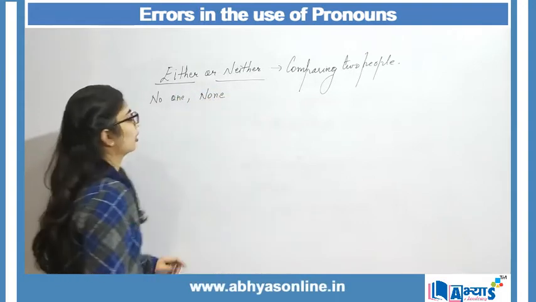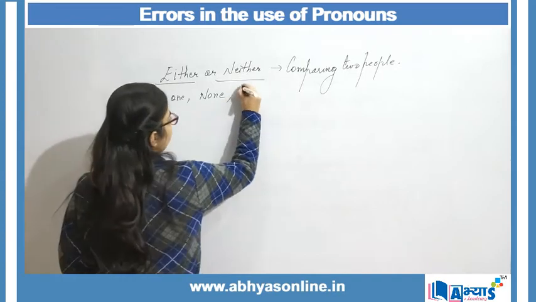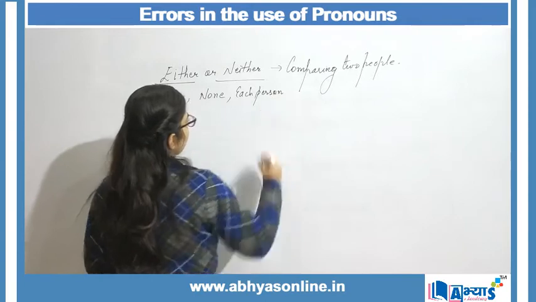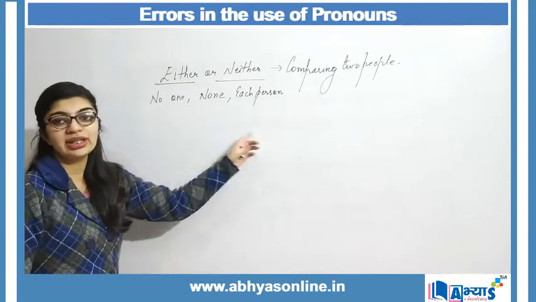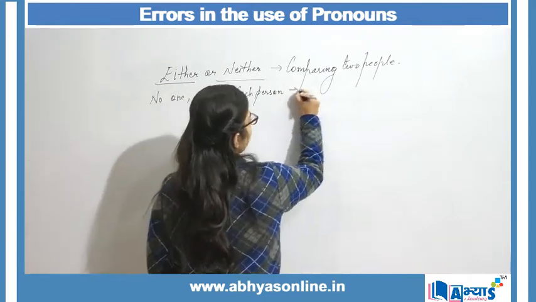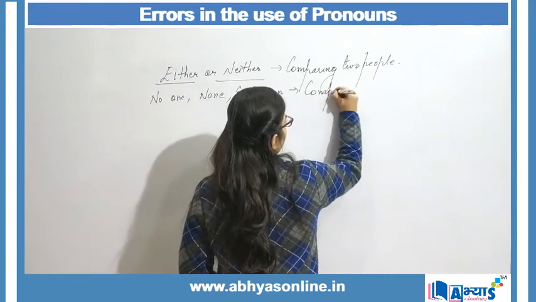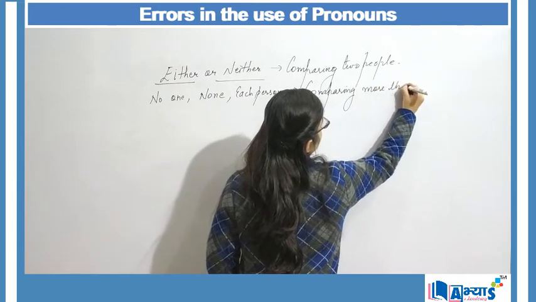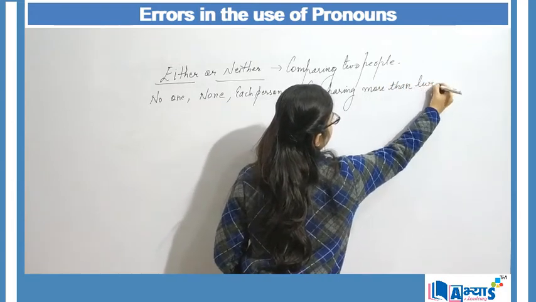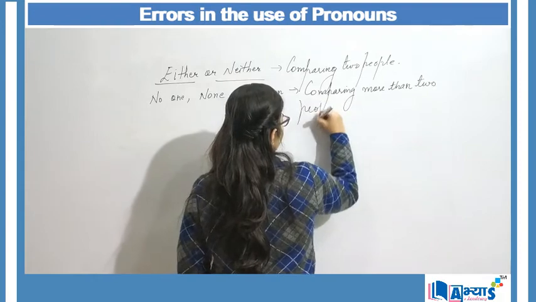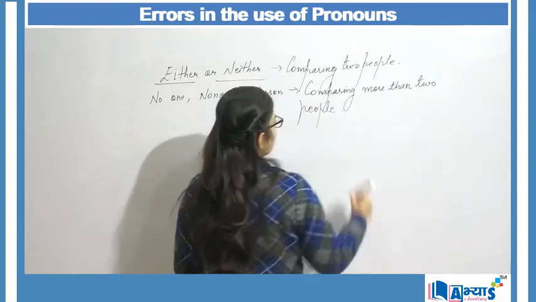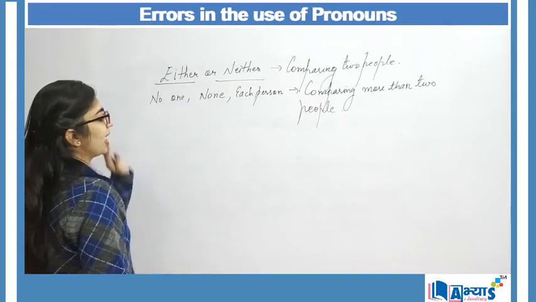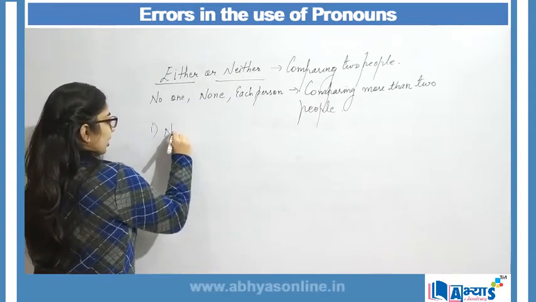none, or each person. No one, none, each person. These are used for comparing more than two people. Right? It is used for comparing more than two people. Over here, the example can be neither